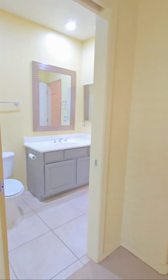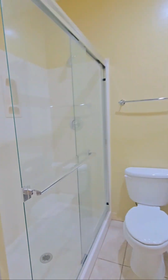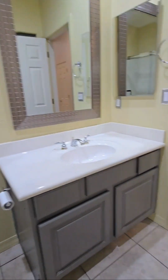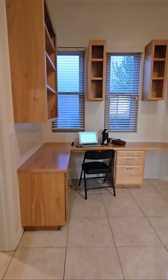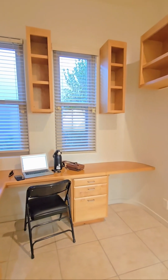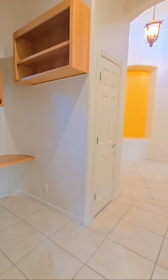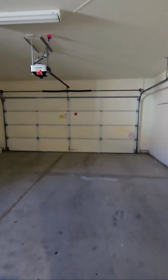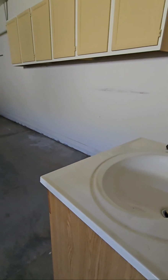There is another large closet right here. And then the pass-through to the second full bathroom. The big walk-in shower. Gorgeous new fixtures. I love the trim on the window there. And this is so nice, the office space that's built in right there. You could close it off if you wanted to make it a little more private, but I like that it's open that way. Full-size washer and dryer in the laundry room, more cabinets for storage, and an attached garage, and